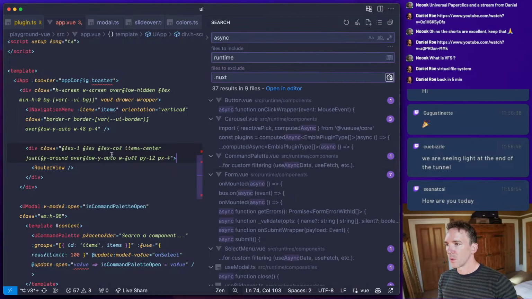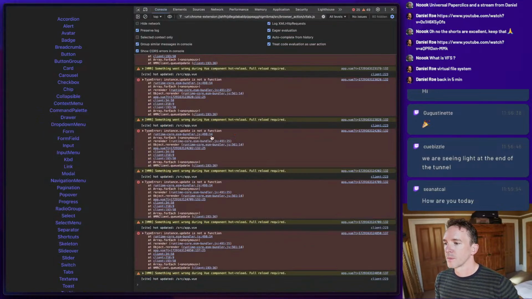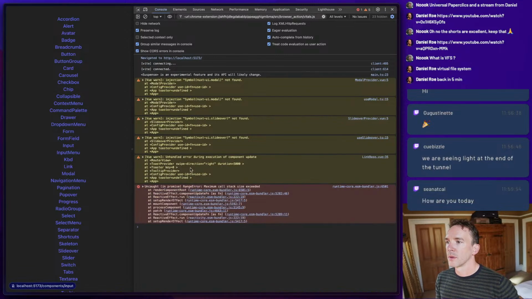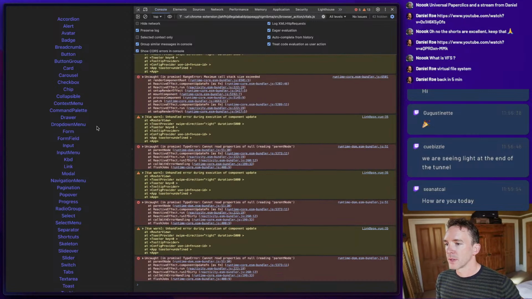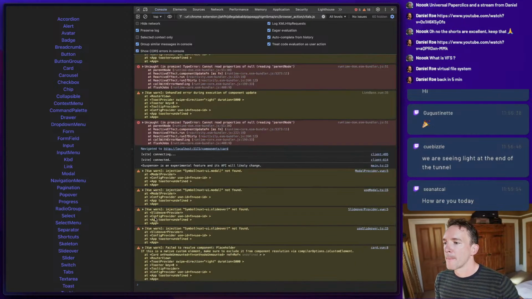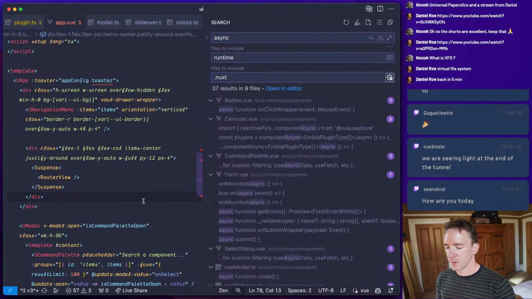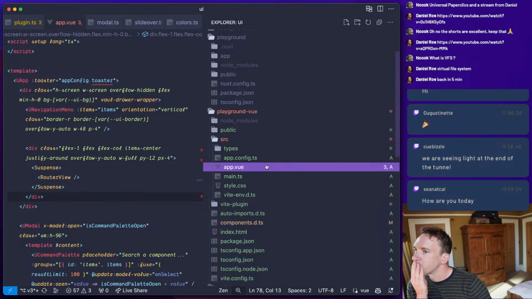I guess. Let's just see if it works if we stick suspense here. And go to input. Yeah, that's fine. I assume it's something related to this symbol not being provided. Oh, interesting. Placeholder. Oh, that's for the playground. Let's see if we can get that sorted.